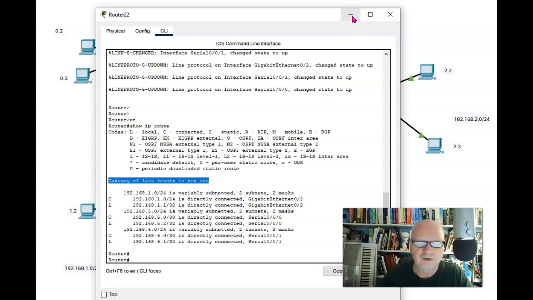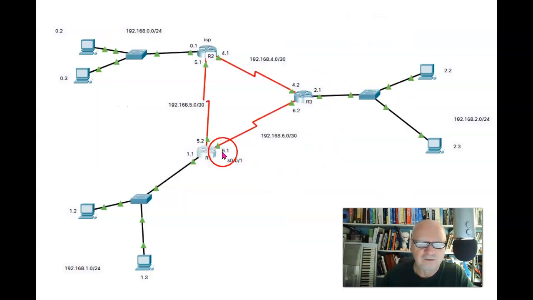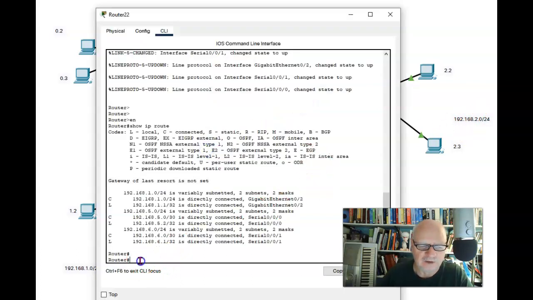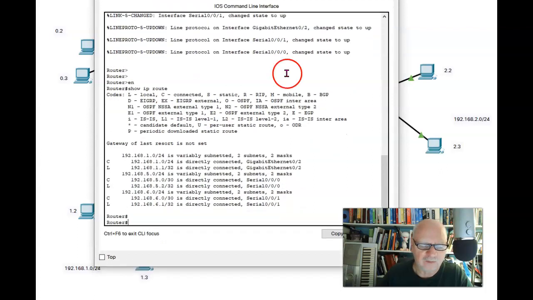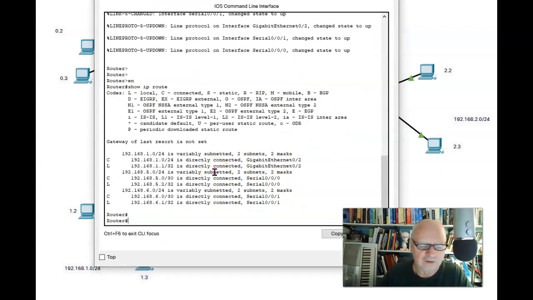So we're going to remedy this situation by telling this router what port to send a packet out of if it needs to get to 192.168.2. This is called setting a static route, by the way, and a static route is manually configured.